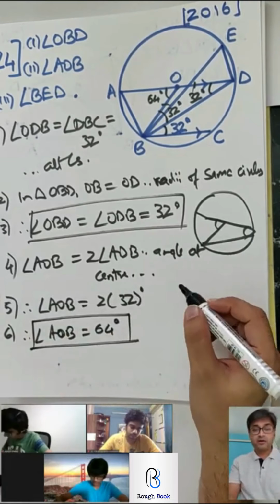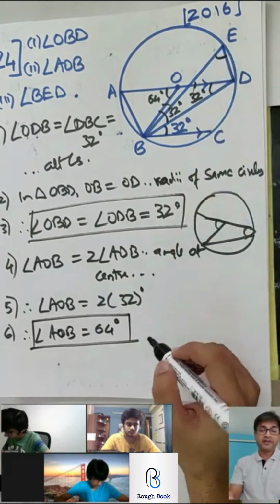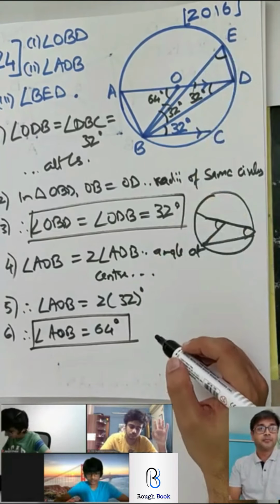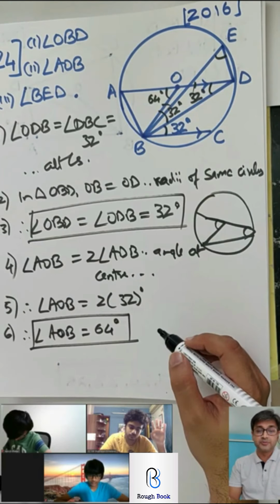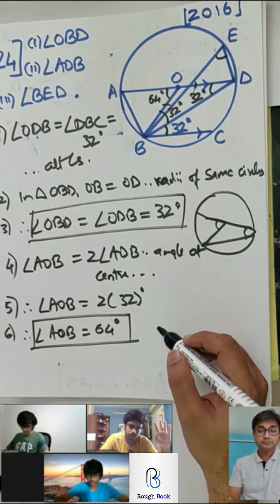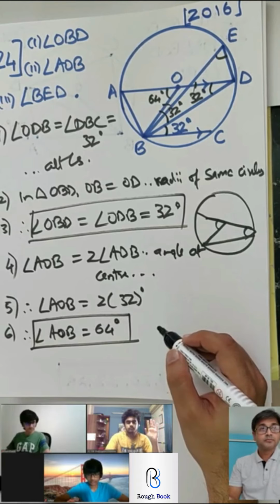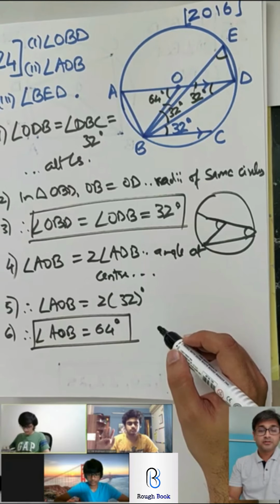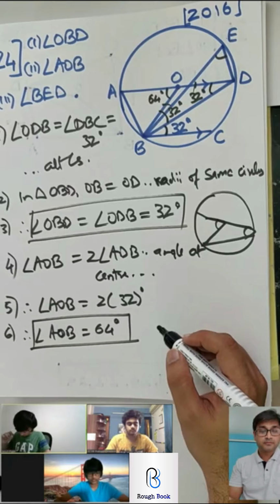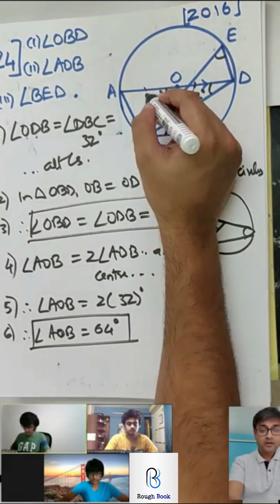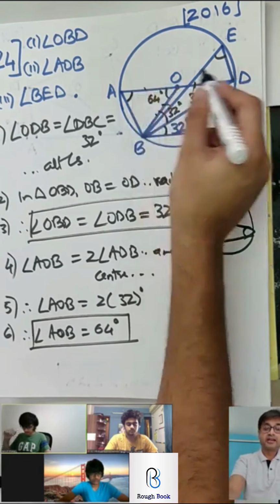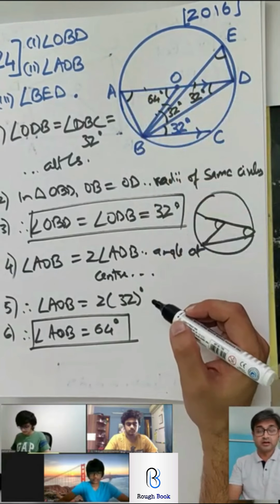That's our second one. Now for the last one, BED. Very simple. Come on, who's picking this up? Bhakar, I want you to try this. BED. Now a lengthier method, so you can say in triangle OAB, OA and OB are both the radius. You can find the angle, and then angles in the same arc. That's correct. That's a correct method.